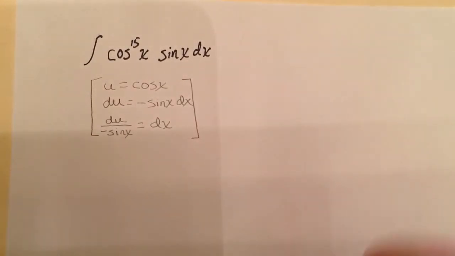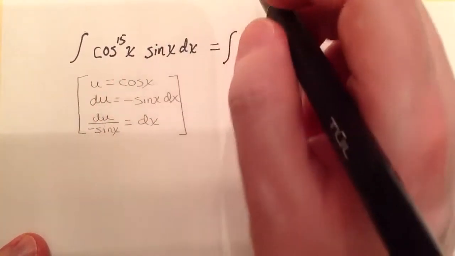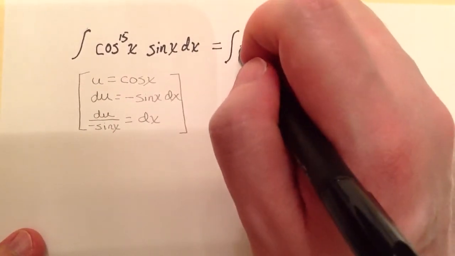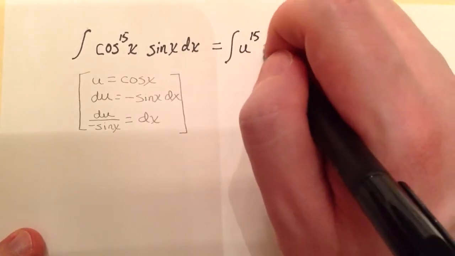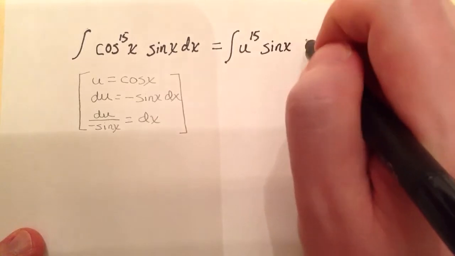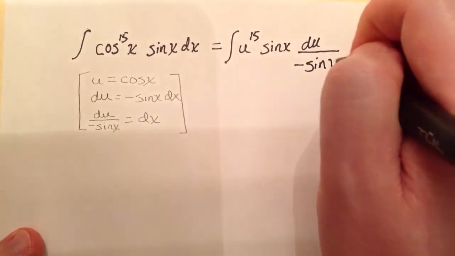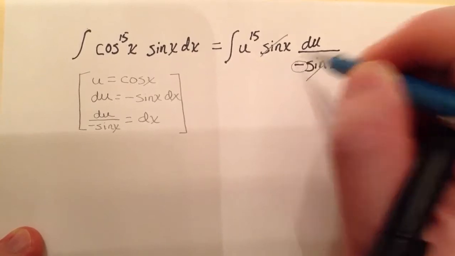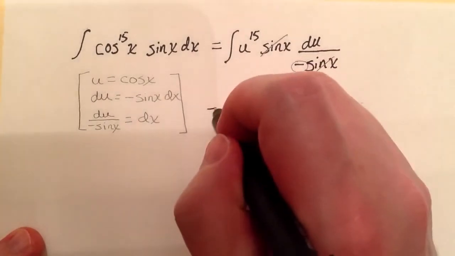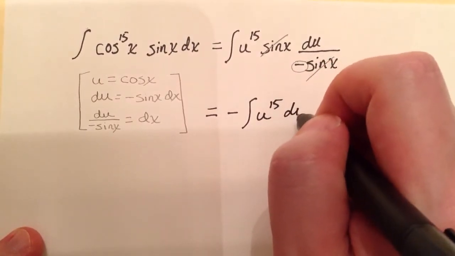So for what we have in terms of the follow through, okay, cosine of x is represented by u, so 15th degree of the cosine of x, this will be u to the 15th, and then we have sine of x, and dx we have du over the negative of the sine of x. Okay, so we have the sine of x to cancel out, and do not forget the negative sign, and so we are looking at the negative of the integral of u to the 15th du,